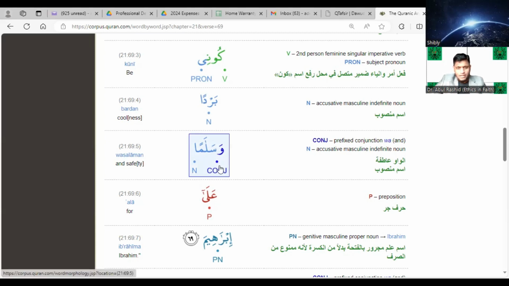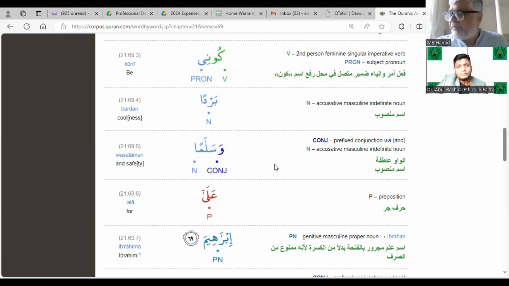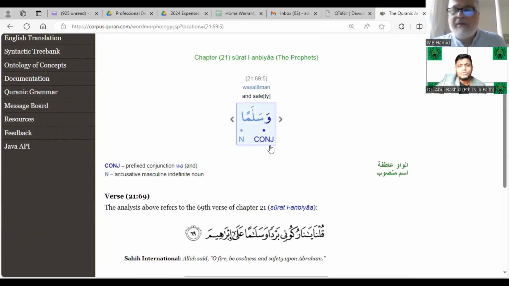So non-Arabs might get confused. Salam, this salam, versus assalamu alaikum, the greeting we get. Can you quickly elaborate the difference between them? This salam, the root is the same. If you look, let me see if we can see that. Yes, we see the root. It's salam. Salamun is the same root. Because salaman, this is salamun.